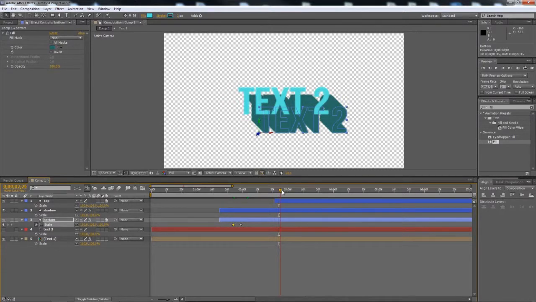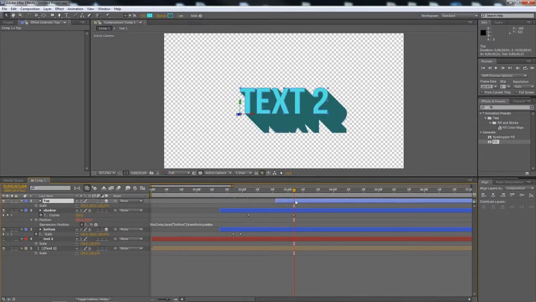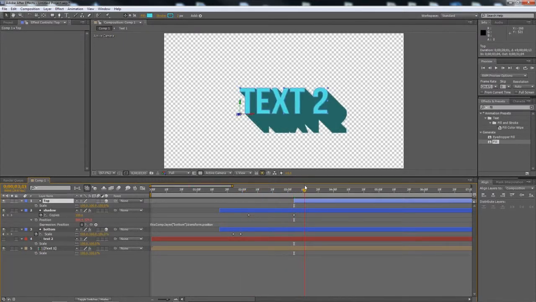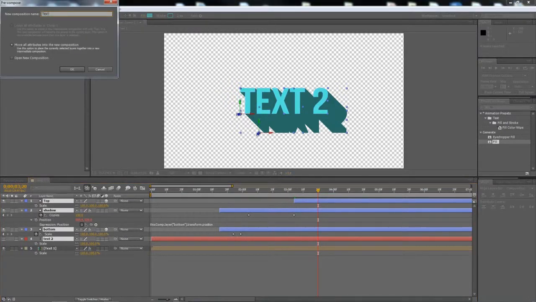And then we just need to keyframe this, move over this top layer appropriately so that it comes in at the right time. Right there. So then you've got this text, it boops in, and then it draws in, boop, and then you've got your text. So then with those 2 layers, what you can do is pre-compose this, name it text 2,